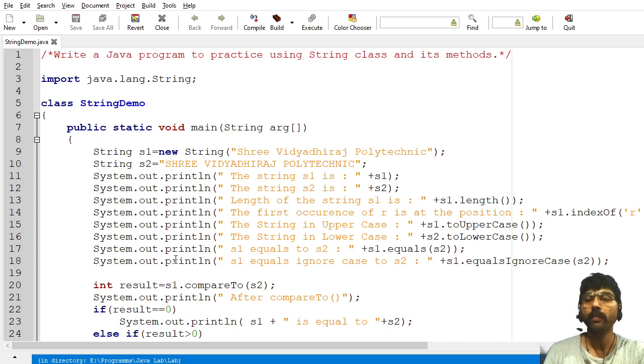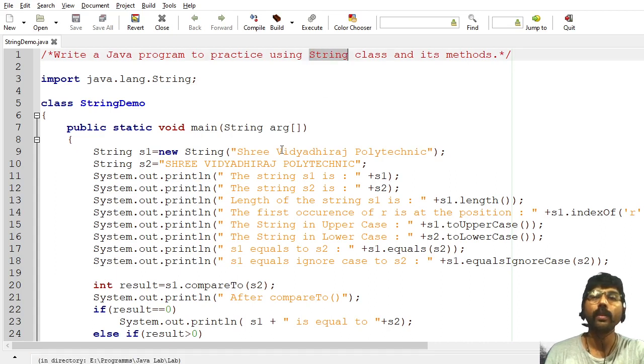available. We have to create a string by using an array of characters, and the end of the string is indicated by a null character. But in Java, there is a separate data type called a string. We can create a string using a class called String, which is completely different from your C programming.